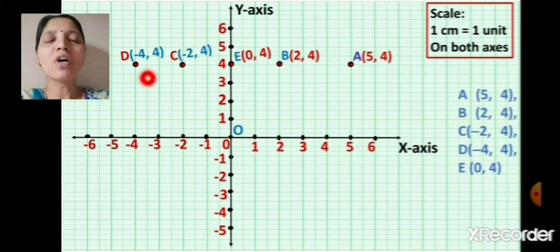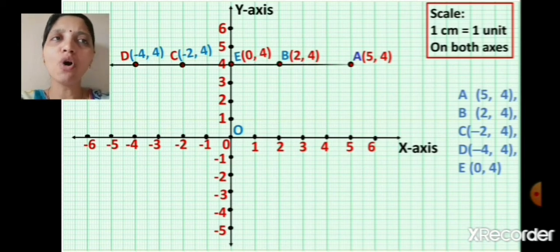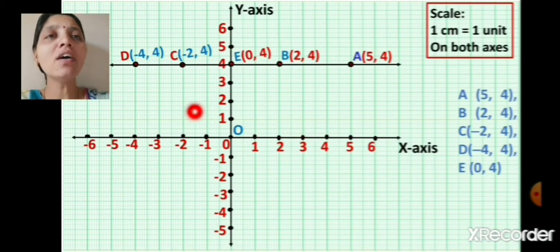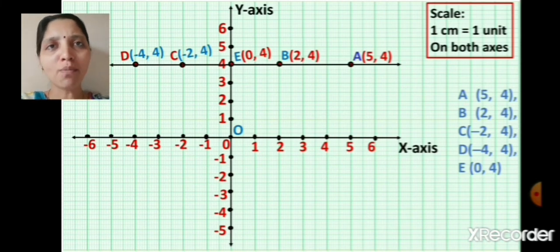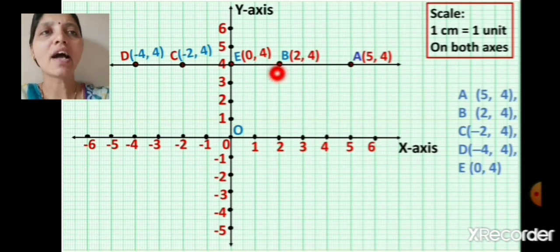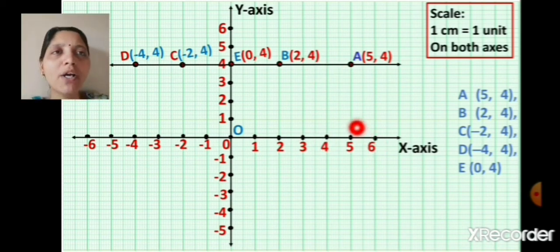Each point has y coordinate as 4. Yes. If I try to draw a line passing through all those points, then what do I get here? Yes, I get a straight line passing through all these points. That means we can say that all these points which are given here are collinear points. And this line is parallel to the x-axis. So the y coordinate of each point on this line is 4, that is constant.